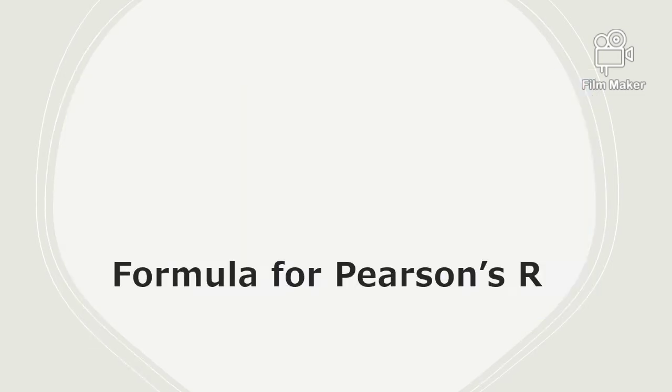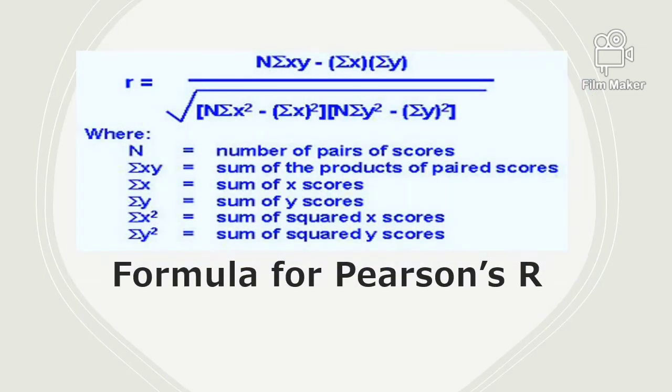So, the formula for the Pearson r. Take note, we have the r. Later we will use this formula. We have the r equals n times the summation of xy minus the total of x and the total of y,